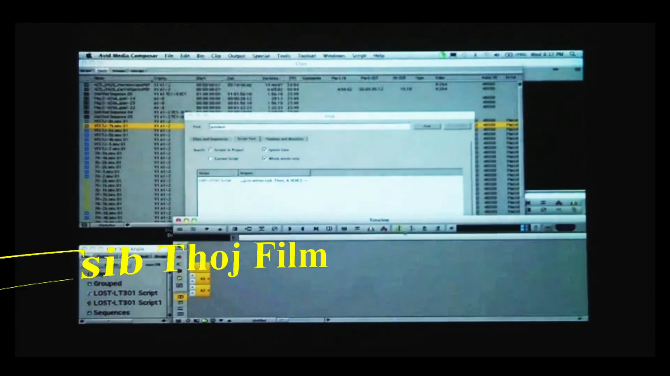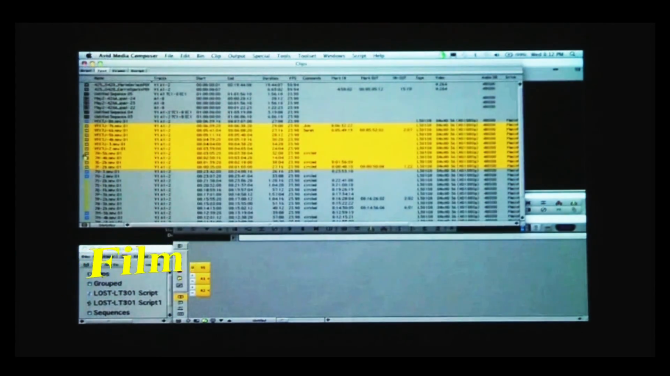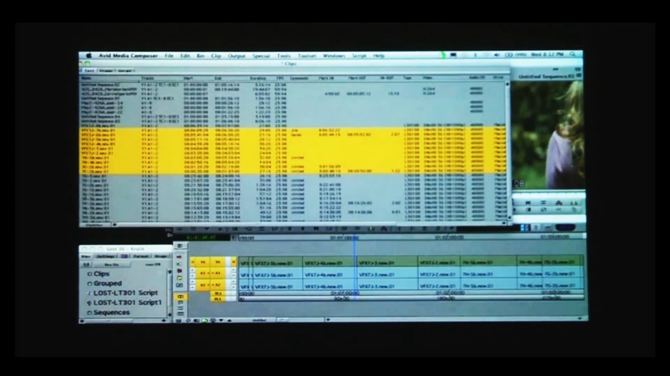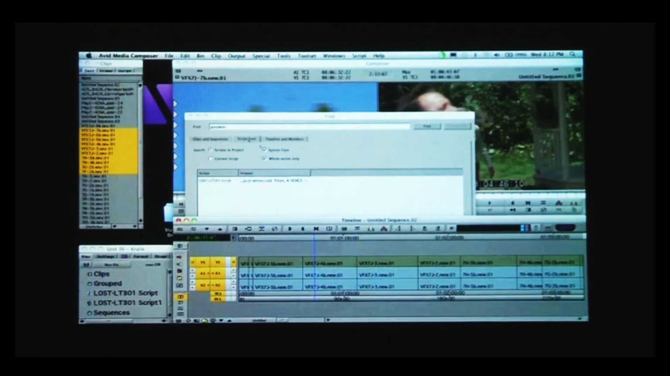Or let's say you have locators. Of course, you've gone through and you've taken all of your clips and you have all these elements. Let me just change the size of this bin. And you now want to go in